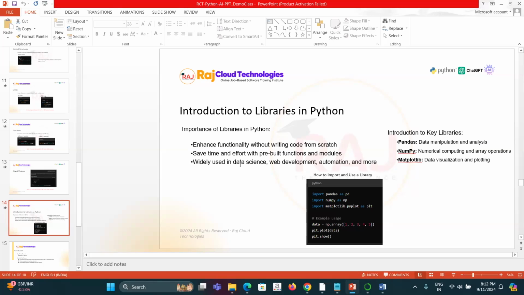These are being widely used for data science, web development, and automation. That's where these libraries are being used. We'll introduce you to popular Python libraries like Pandas, NumPy, and Matplotlib, for data visualization and plotting. So it's very, very useful for you. Okay, some of these things become very trivial once you start learning. And by the end of this course, you will be able to use all the public libraries. You will also be able to put all your code into an independent library. That is also part of this course. We'll be covering all this.